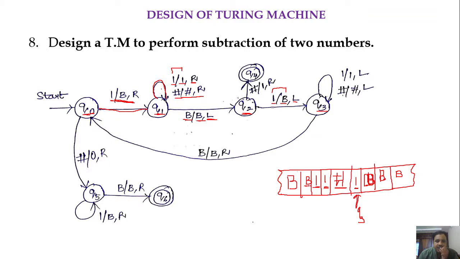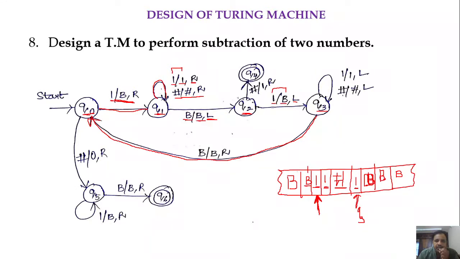And then in q3 if we get a blank, we have to move the head towards right, so that we will get the next one which is there in the input m, and the same process is repeated. So in q3 if we get a blank, we keep that blank as it is, move the head towards right and change the state from q3 to q0.